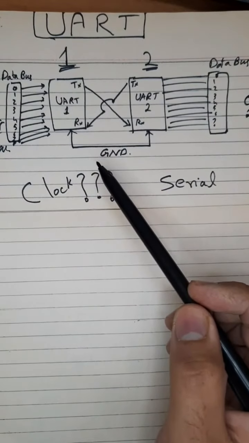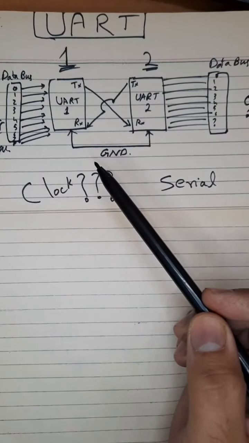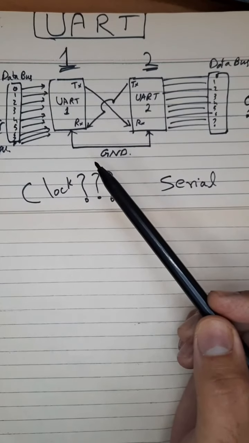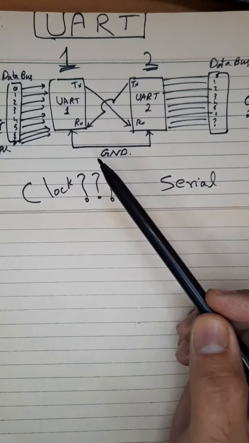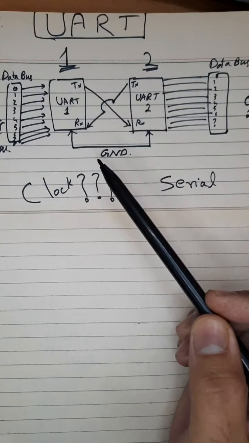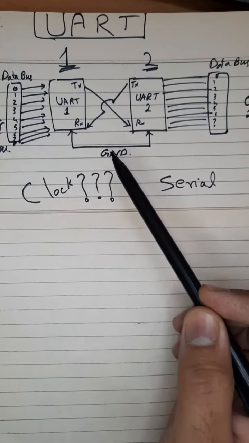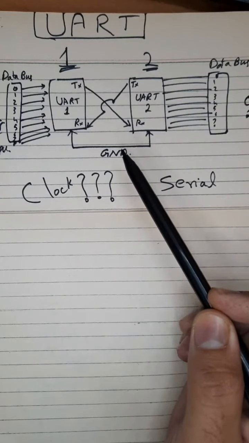UARTs transmit data asynchronously, which means that there is no clock signal to synchronize the output of bits from the transmitting UART to the sampling of bits by the receiving UART. Instead of a clock signal, the transmitting UART adds a start and stop bit to the data packet being transferred. These bits define the beginning and the ending of the data packet so the receiving side knows when to start reading it. When the receiving UART detects the start bit, it starts reading the incoming bits of the data at a specific frequency, which is called the baud rate.